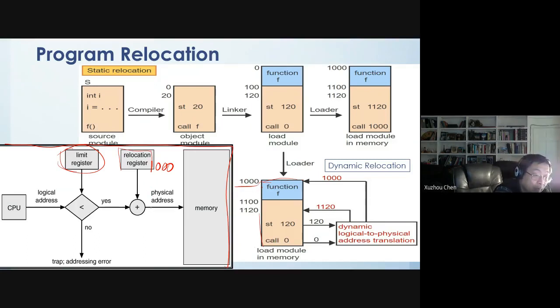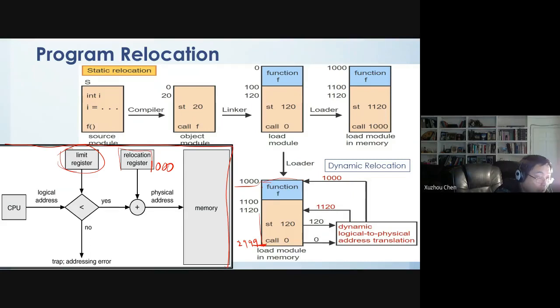The limit register tells you the size of the program. So if the program starts from 1000 and it ends at 2999,